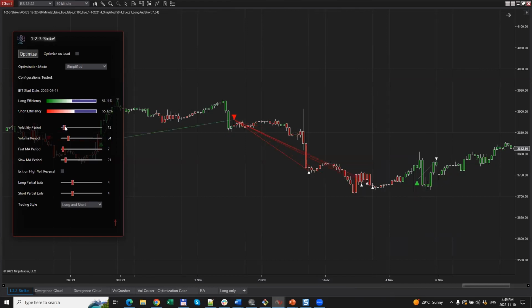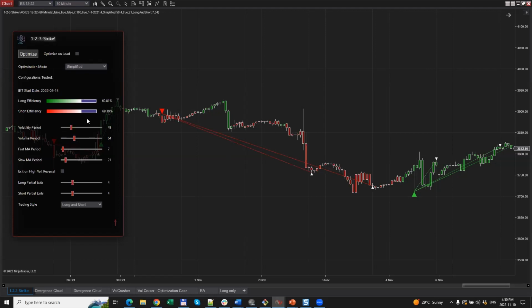As soon as I move these things around, things on the chart happen. And in addition, our statistics update instantaneously. Look at this. I just drag these around, and we can see just by dragging that, we get significantly better statistics, which is very convenient for you to find the best settings of this indicator for the chart at hand, in this case the S&P E-mini chart on the 60-minute time frame. And I can do this with every single parameter to find the best settings, because things will update immediately, both on the chart and for the back test statistics. All right, so this is 1, 2, 3 strike.